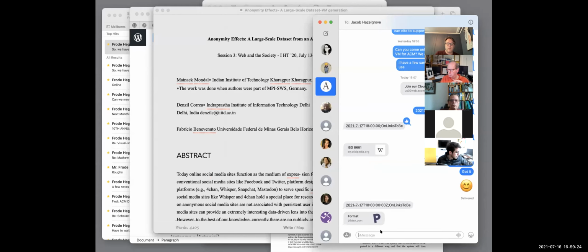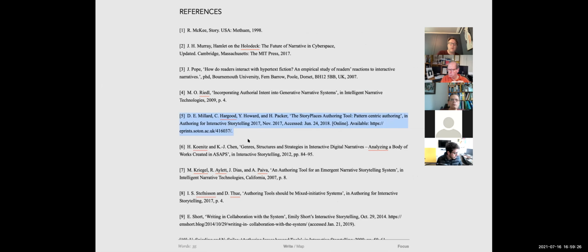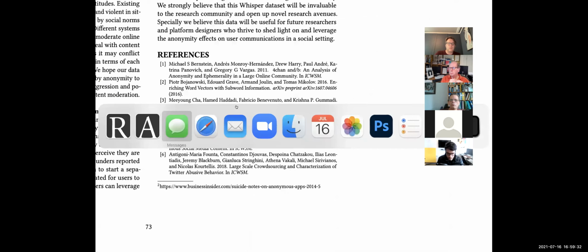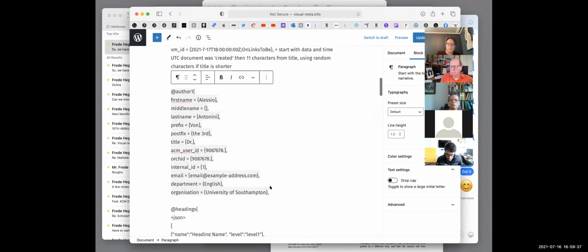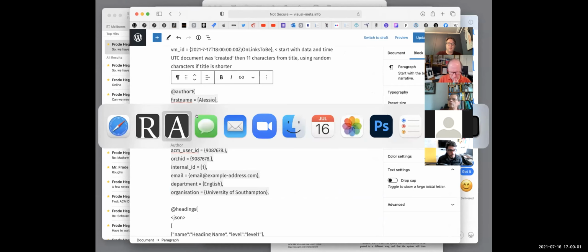And okay, yeah, I'll look at that in a second. But then the question is, in our encoding of the original document, we have this stuff for each single author. When someone copies from the document that has this level of detail into Author and pastes it, are we going to collapse this into a normal Visual Meta, or are we going to keep it that detailed in our Visual Meta, in our citation dialog in